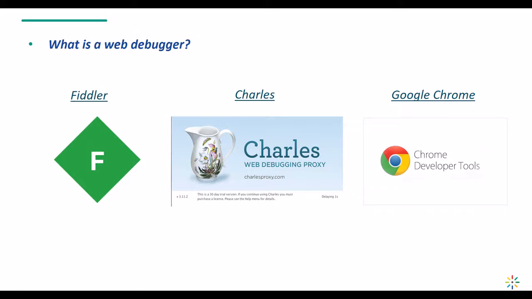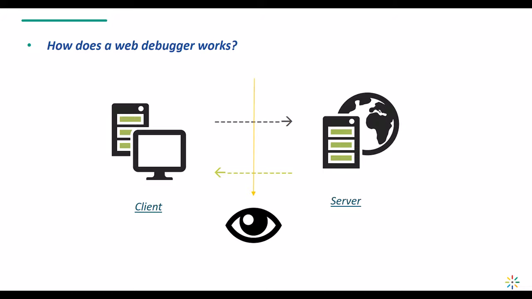There are several web debugger tools. The most commonly used in Kaltura support are Fiddler on Windows, Charles on Mac, and Google Chrome Developer Tools on the browser itself. Now, during this session, we will be focused on Fiddler, what it's good for, how to use it, how to collect all the information transferring between the client and server,